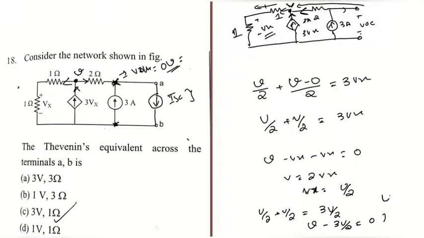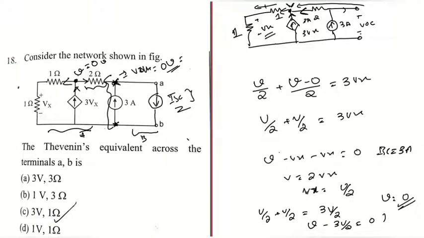We can conclude from here that V is equal to 0 volt. So our ISC, here also the voltage is 0 volt, so no current is going to flow across this 2 ohm. That is, no connection is from this part of the network, let it be part A and part B. So no connection is between part A and part B. That is, the whole 3 ampere current is going to flow through this particular ISC only. So our ISC is equal to 3 ampere.